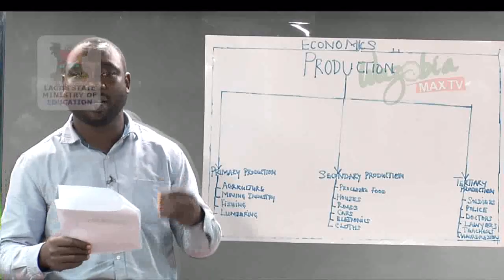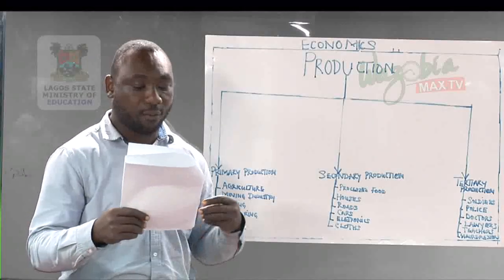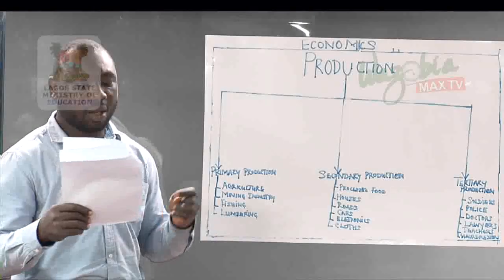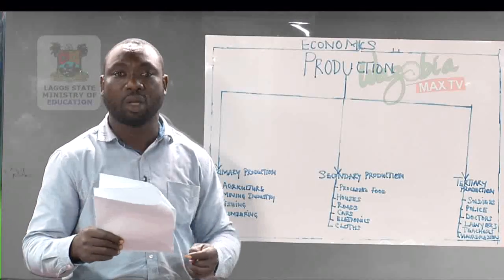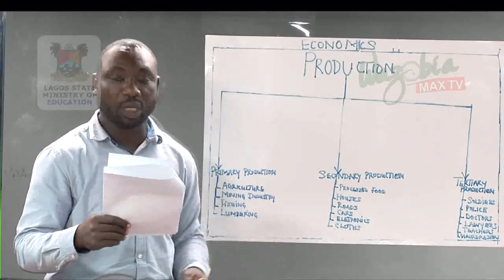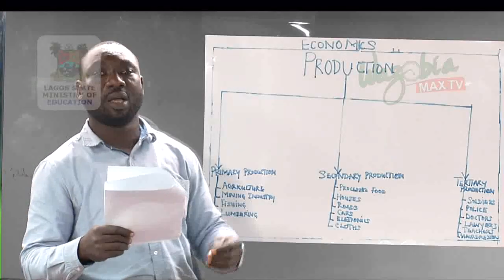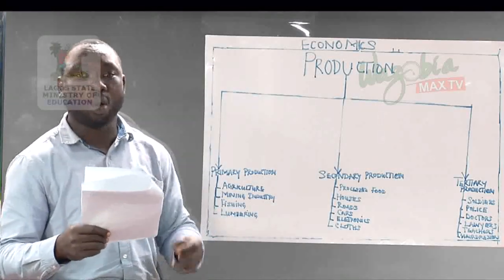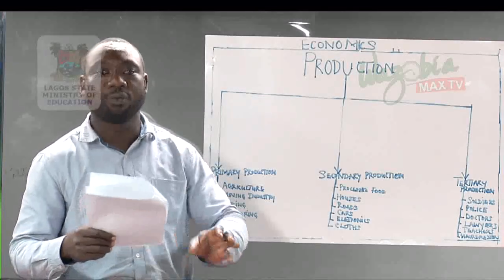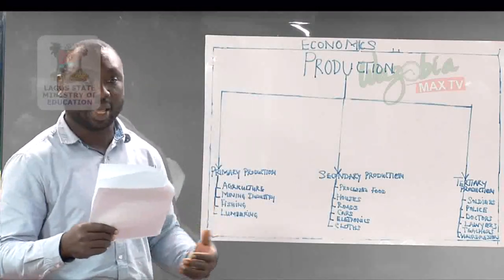Three, management. What type of management are you going to involve in that production? Four, the market size. Is it a small market or a big market? Five, efficiency of other factors of production. What other factors of production can be involved, like labor, land, and equipment? Then level of technology. What type of technology are we using? Are we using capital-intensive technology or labor-intensive technology? And considering that, we also involve the use of ICT, modern technology, and electricity.